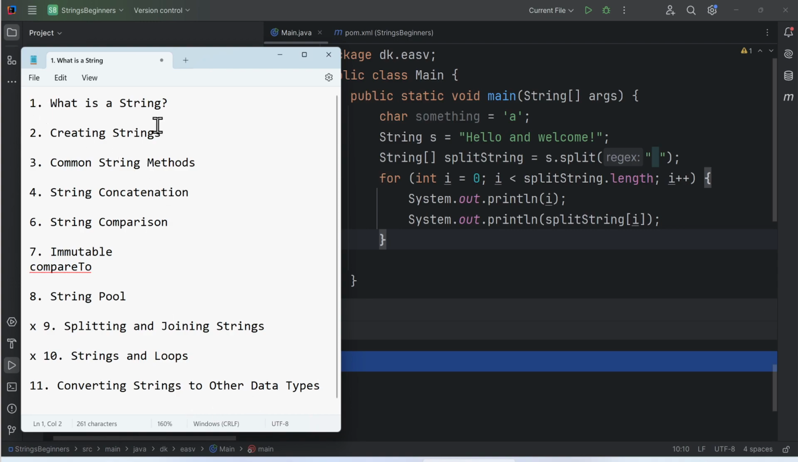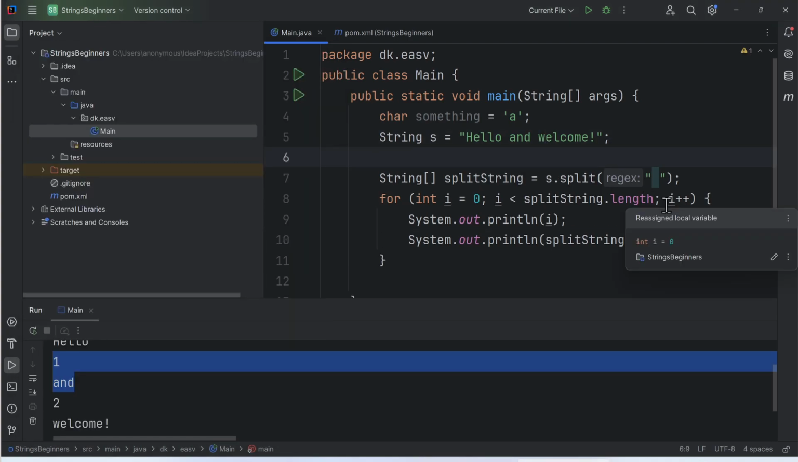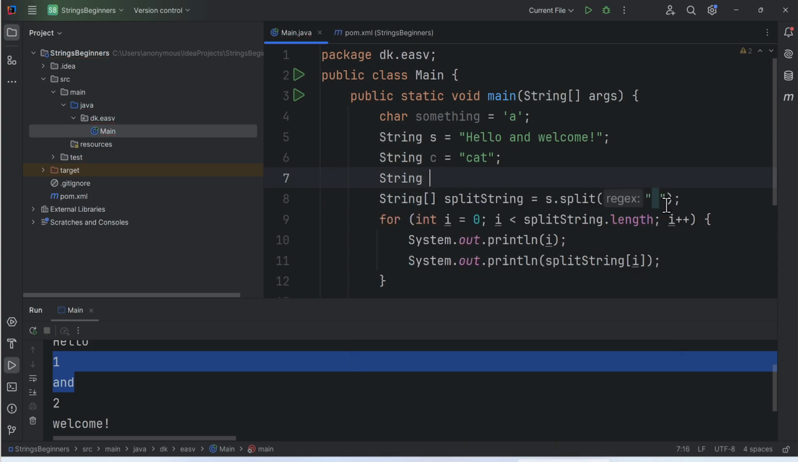So now we know a string is just a sequence of characters. We know how to create strings, and we know some of the common string methods. There are, of course, a lot more methods. Sometimes we want to concatenate strings. You're probably wondering, what is concatenation? Let's say that we have a string here, c, that we call cat, right? We have another string that we call